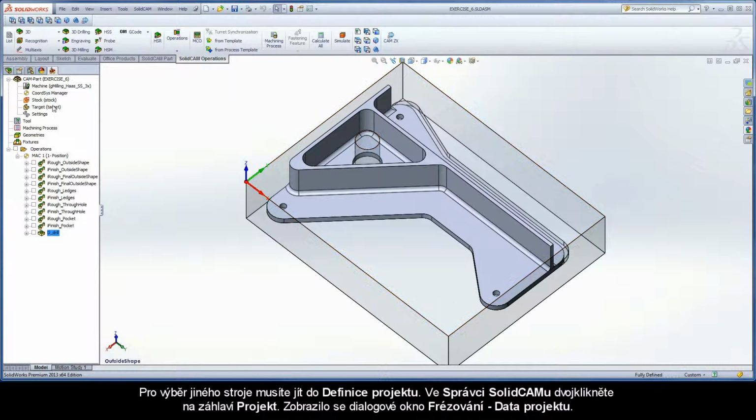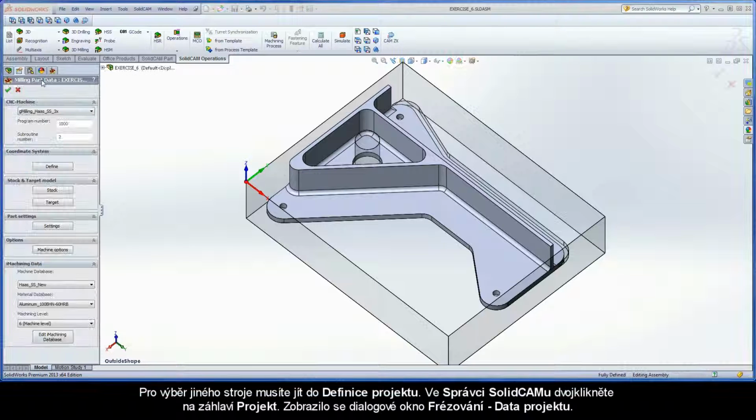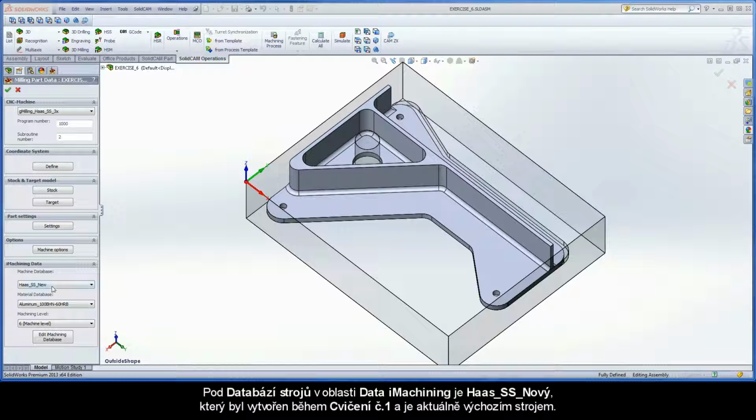To select a different machine, you must go to the CAM part definition. In the SolidCAM Manager, double-click the CAM part header. The Milling Part Data dialog box is displayed. Under Machine Database in the iMachining Data area, Haas SS New, which was created during exercise number 1, is currently